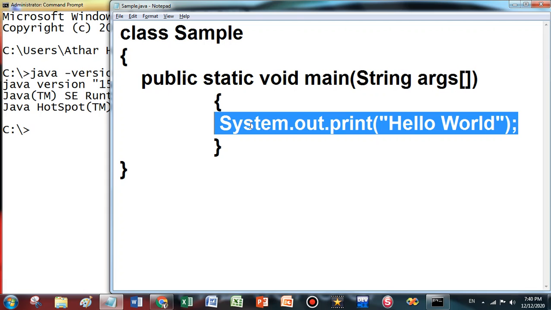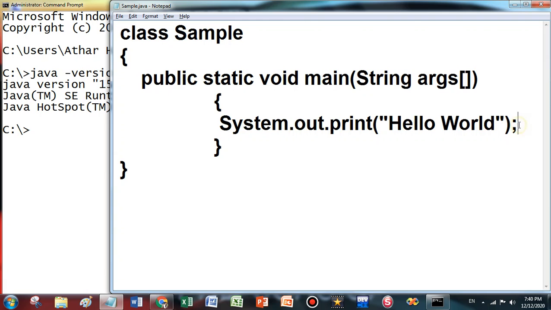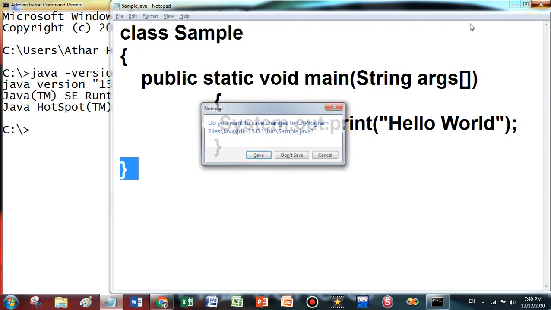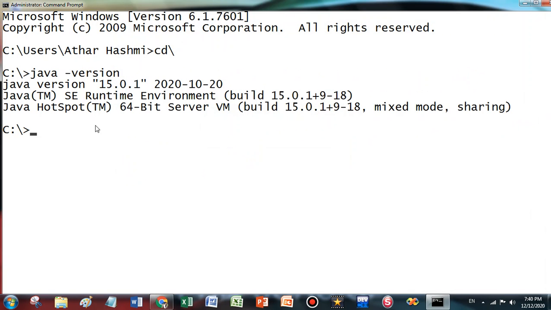If you wish to write more lines, you have to put a semicolon in each and every statement. I will also give you more knowledge about the semicolon in future lectures. Here we are closing our main function section, and after that we close our class. Now I'm closing this file and I'm going to compile this program on C drive. Here I'm typing javac, and then my file name,